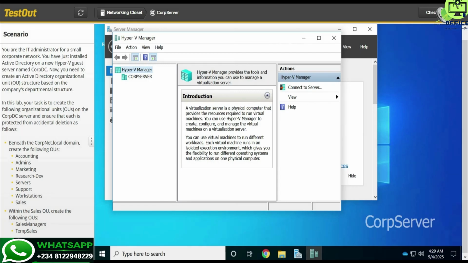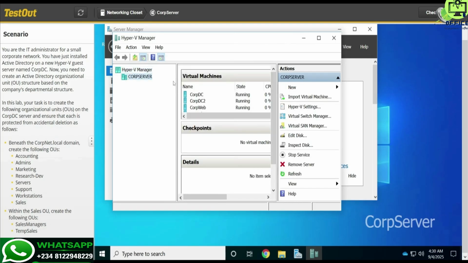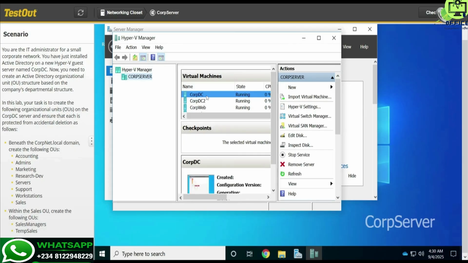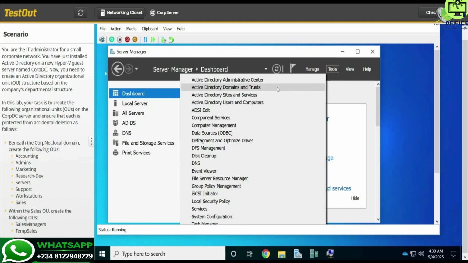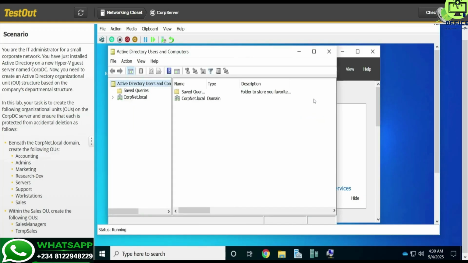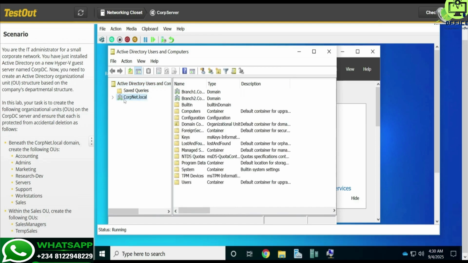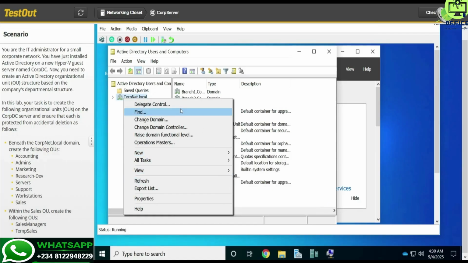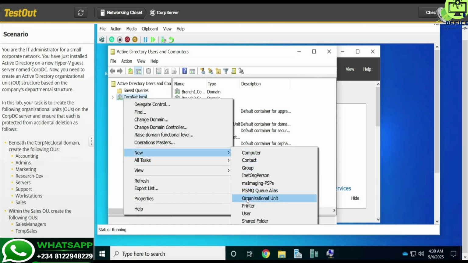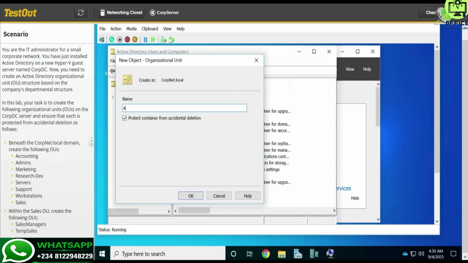So let's get into this. So we'll go to CompDC Server. From CompDC Server, we want to start up, and let's go to Tools. Then we'll go to Active Directory Users and Computers, and CompTIA.local. Then we scroll down till we get to New. Under New, we want to go to Organizational Unit, and then we're going to start creating